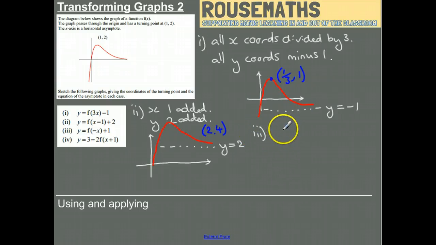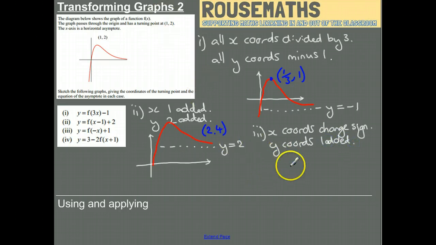For number 3, this time all our x coordinates are going to be switched around, so the x coordinates will change sign. The effect of that will be a mirrored look in the y-axis, or a rotation around the y-axis, and the +1 will mean that our y coordinates have 1 added or increased by 1. So the effect of that